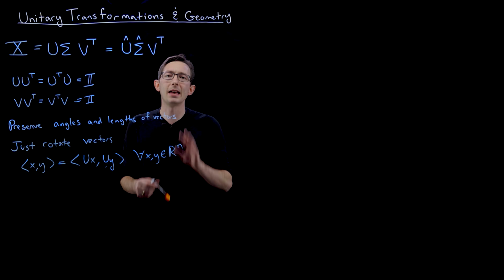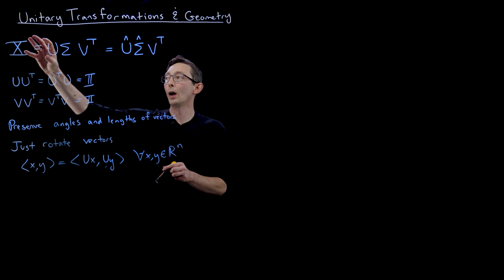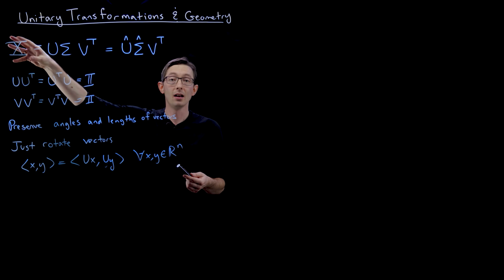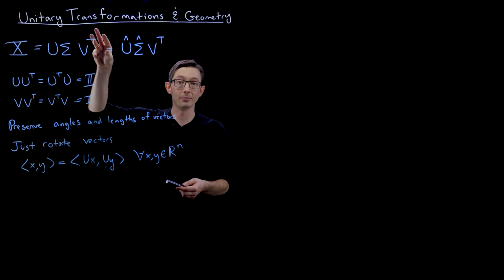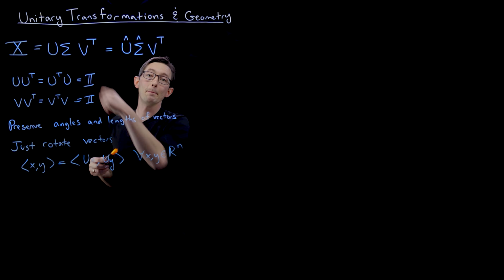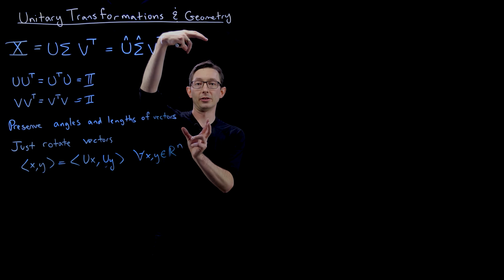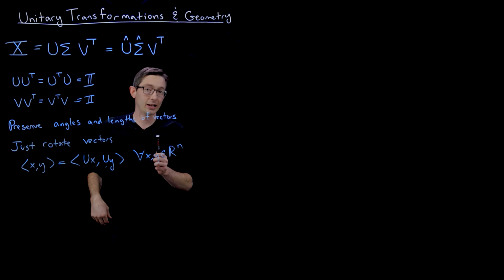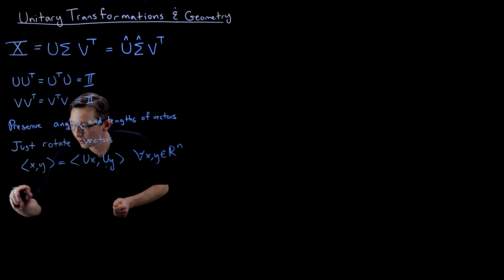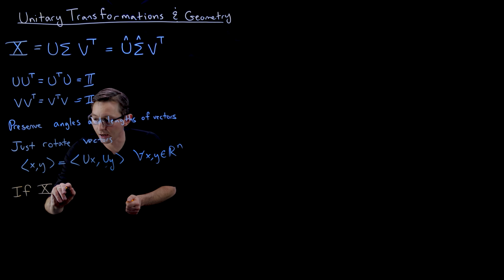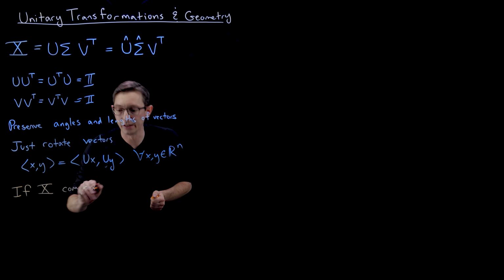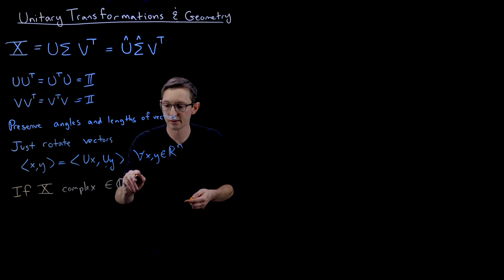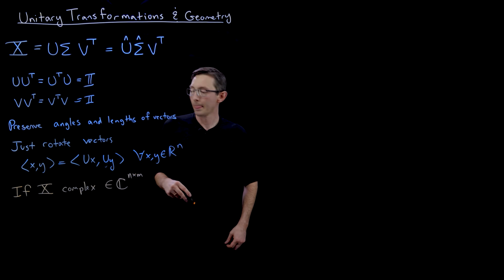I will note that I've been assuming that all of my data in this lecture series is real valued, so that X only has real numbers and these are real valued matrices. So this is the real matrix transpose, where you take a matrix and transpose it on its side. But if we have complex valued data, so if X is complex, and we denote that by it being in the set of complex matrices of n by m, then